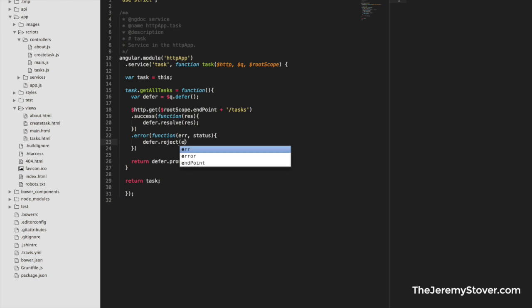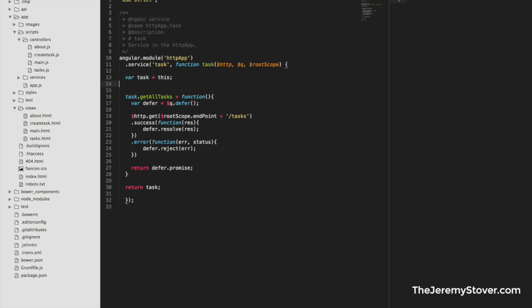Defer.reject, and then we're just going to pass down that error. So this is literally all you need to write a very clean, nice HTTP function. You don't want to cloud these things up. You want all of the actual functionality to be passed in through this promise. Now, the only thing that you could argue in this sense would be if you wanted to keep